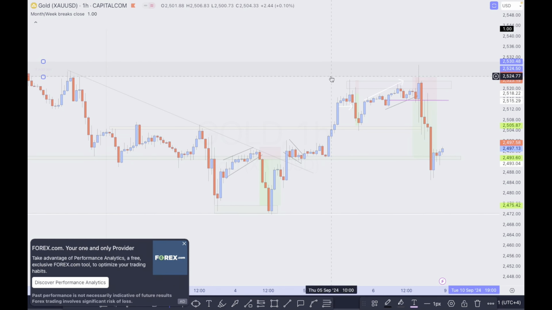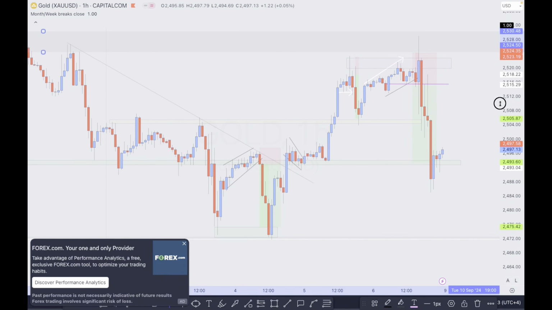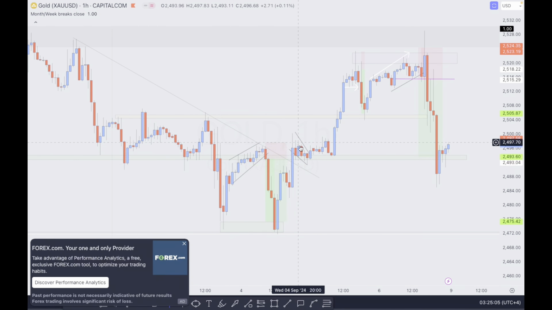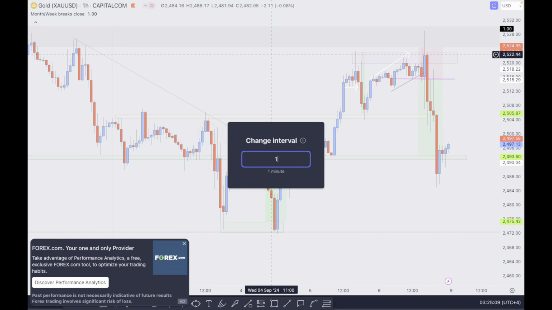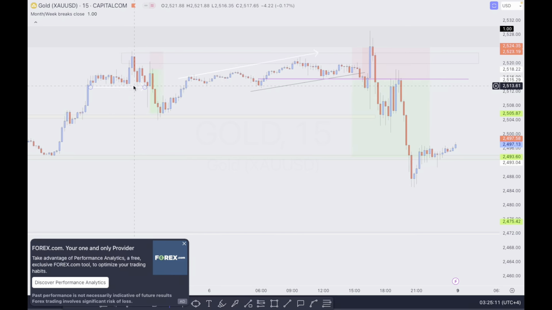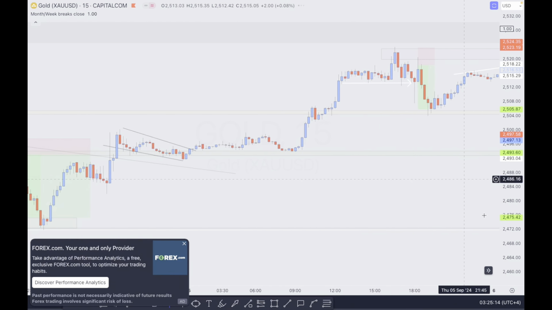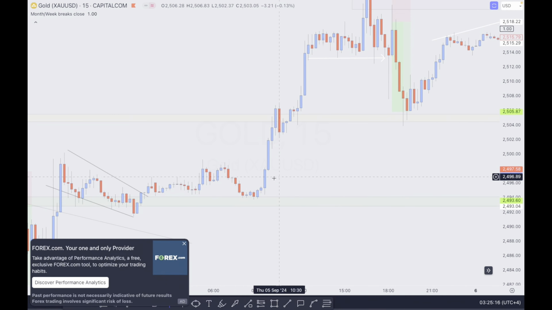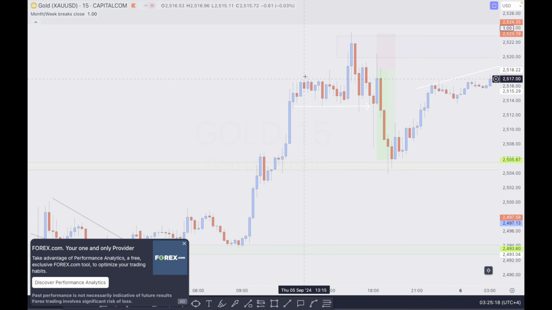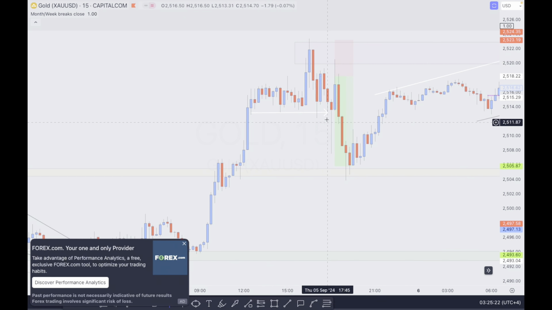any reversal structure that would tell us that price will drop, or any structural change from higher high, higher low now to lower lows and lower highs, right? So right here on the 15 minutes time frame, this is exactly what happened. If you look right here, price was creating higher highs and higher lows, right? Higher high, higher low, created a higher high, higher low, a higher high, but then price came down to break